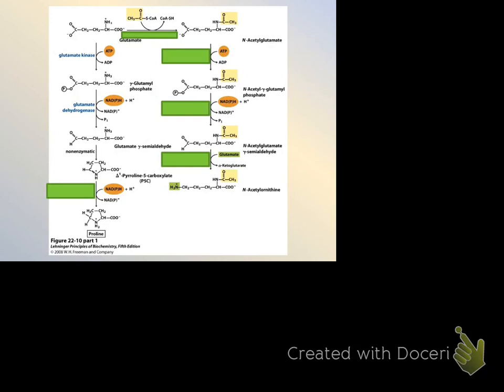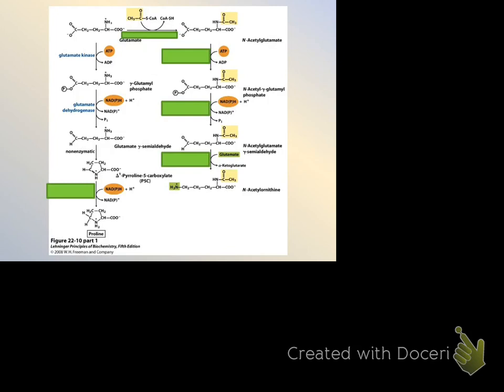The next step, if you remember from organic chemistry 2, is that cyclic reactions are usually non-enzymatic. They happen on their own because we have a great nucleophile and a great electrophile, so the nitrogen can come in and smack the carbon, and you form the cyclic imine, which is called a proline. So that one doesn't even require an enzyme, it just naturally happens. Just like your sugars can be linear and cyclical.